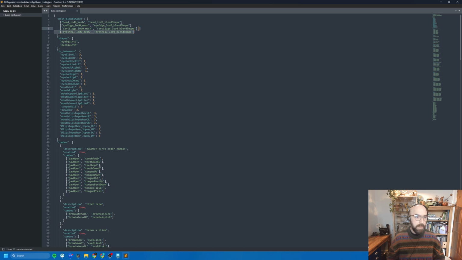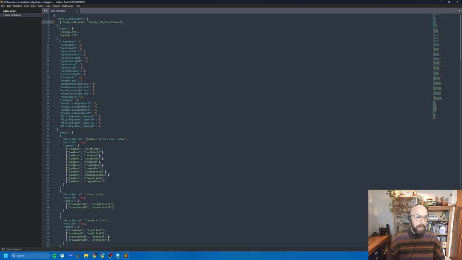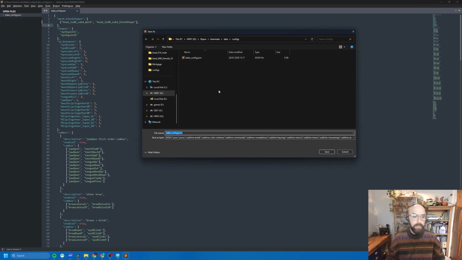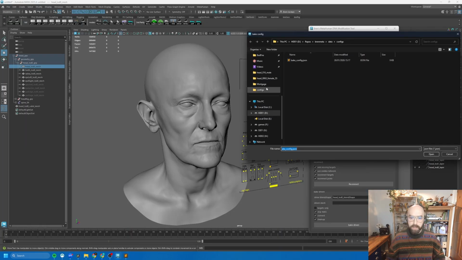I'm going to skip the eye meshes for now, and I'm going to rename this to the sub D to make sure that we bake our high resolution mesh. And I'm just going to save this out as another version,